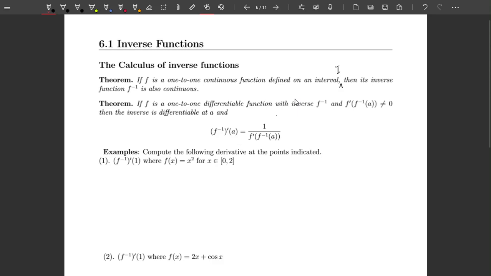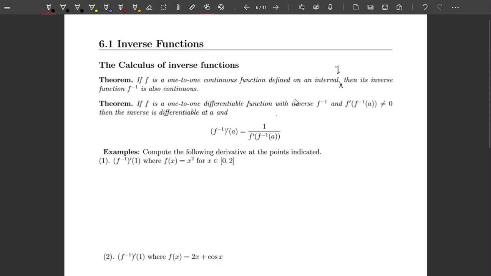In this video, we start up with the calculus of inverse functions. Like, is it possible to differentiate or integrate inverse functions? First of all, we start with the differentiation. And now to begin, we want to state two important theorems that if f is a one-to-one continuous function defined